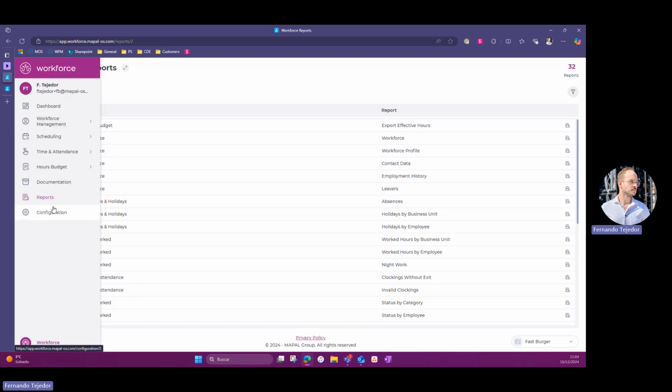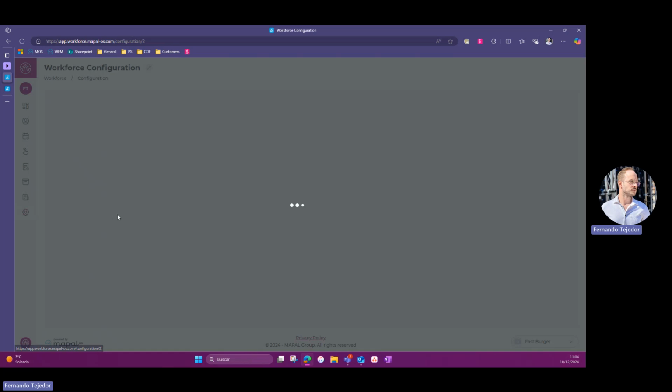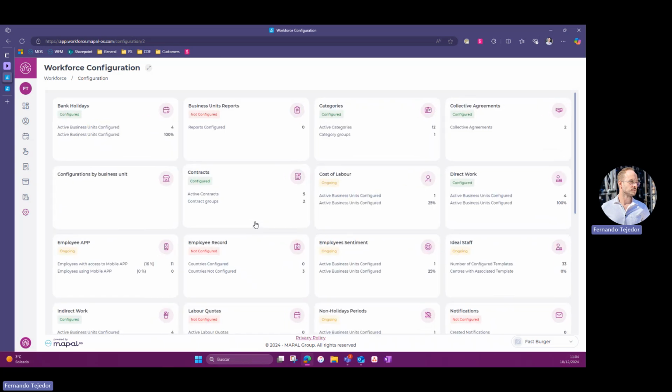Finally, what we've got is the configuration tab. Here, you're going to see lots of cards. These cards are going to allow you to configure the system to fit our customer as much as possible. We're going to be able to configure many aspects. For example, the bank holidays that are per region. So it's going to take into account for every business unit how many bank holidays there are and when they happen,